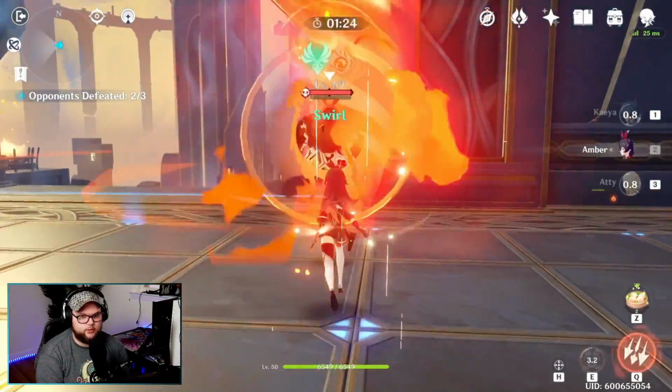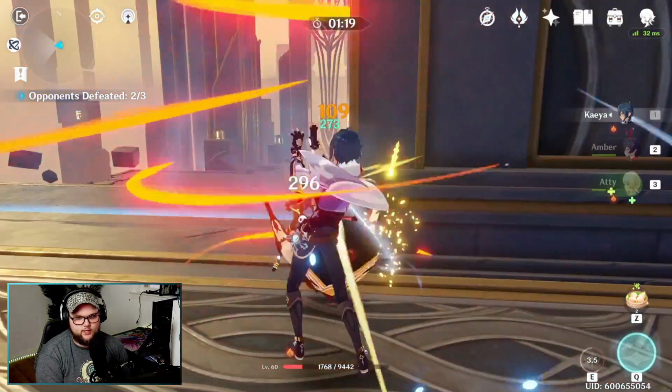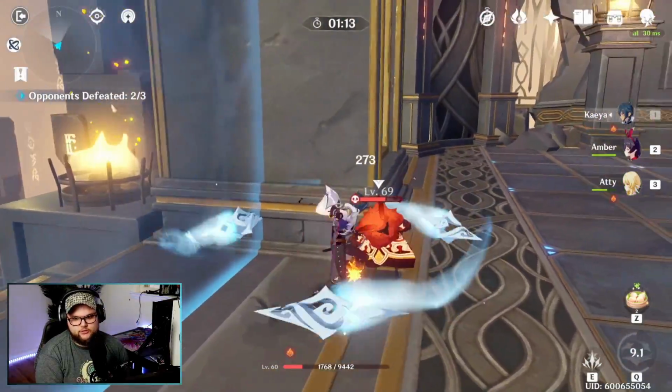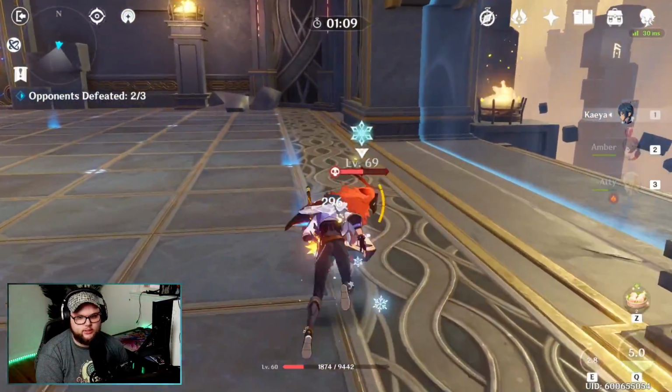Swirl does really, really well up against a lot of these shields. And get some damage off there. I feel like that was decent. That could have been a little bit cleaner, but now we're just trying to use Kaya to clean up here. Trying to keep this guy staggered so that he doesn't do the...